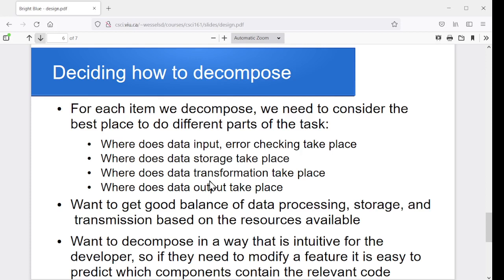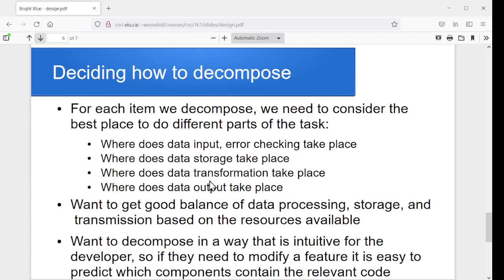So maybe I look at this and say, okay, since I want to be able to reuse that payroll thing, it should be a module of its own or a subsystem of its own so that I can take that as a whole and incorporate it into other projects later. Right? So you might base your decomposition partially on which pieces you want to be able to reuse as a clump in other projects later. You also want to think about